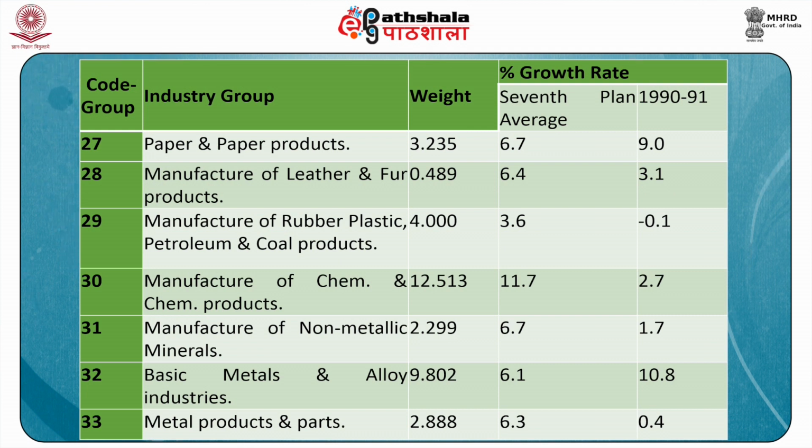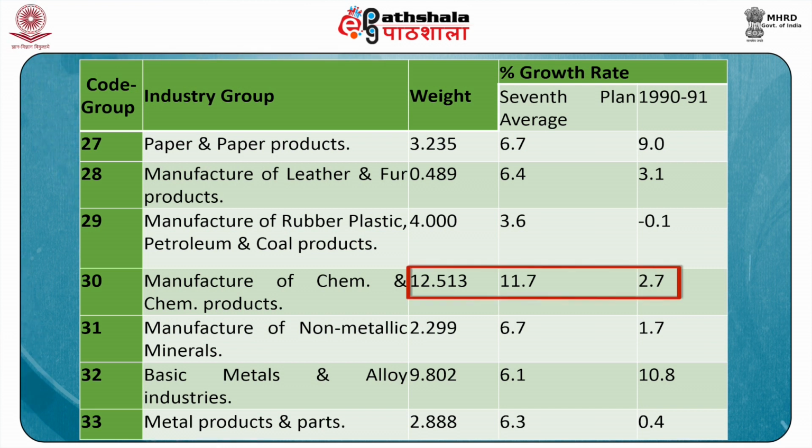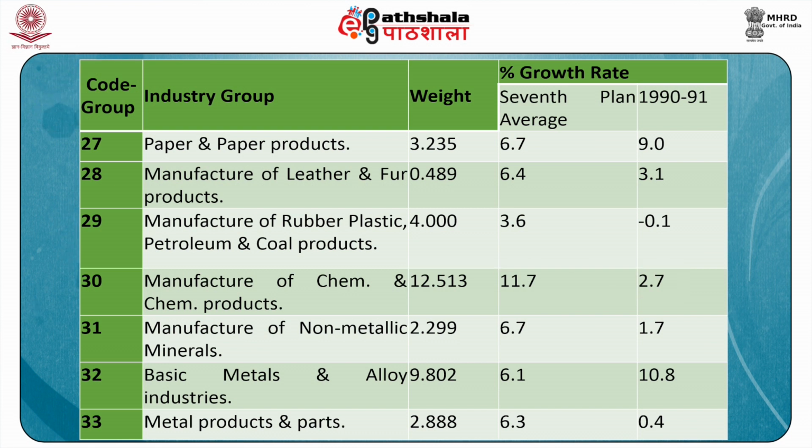Manufacture of rubber, plastic, petroleum and coal products of weight 4.0 had a growth rate of 3.6% in the 7th 5-year plan and minus 0.1% in 1990-91. Next, manufacture of chemicals and chemical products. It weighted 12.513, and in the 7th 5-year plan it had a growth rate of 11.7% and 2.7% in